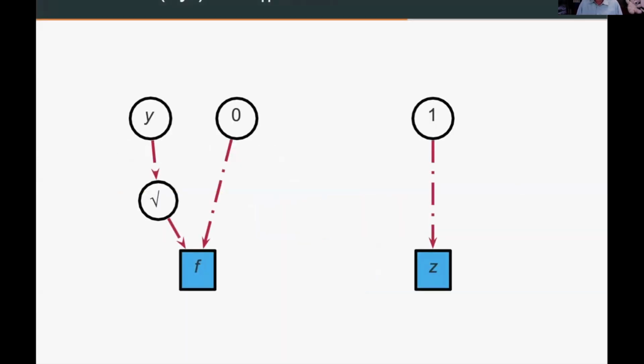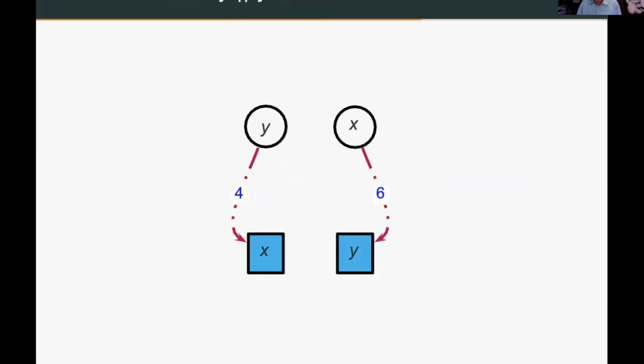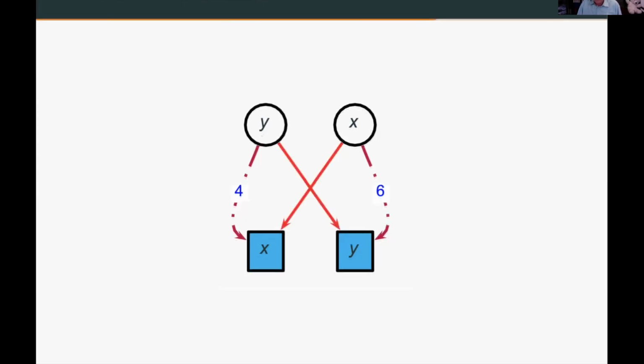Now, if you have these graphs, a parallel composition is just putting the two side by side, no problem. They're something on the left, something on the right, they're independent of each other, they're asynchronously executed. But if you have things happening in parallel, you can have a problem of confusion. If you want to assign the value of y to x in parallel with assigning the value of x to y, then these two can conflict. So this is no good. This kind of confusion, and one needs to impose some kind of order.